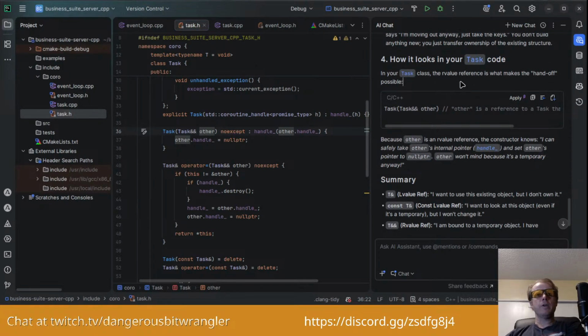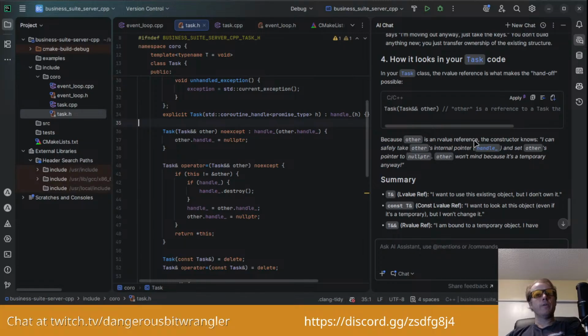In your Task class, the R value reference is what makes the handoff possible. So it's basically just a reference to a value that is going to disappear.